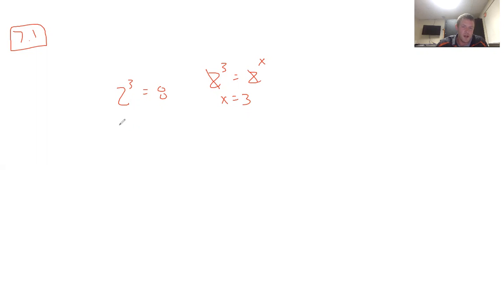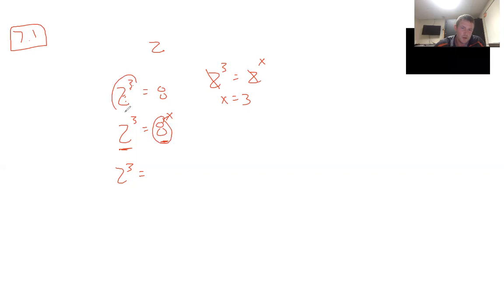But what happens if I had 2 cubed is equal to 8 to the x? These bases are not the same. But can we write this so the bases are the same? This is the key to solving all the problems in this section. So 2 cubed stays the same. Can I write 8, which is 2 cubed? Can I replace this with this? And the answer is yes. So that'd be 2 cubed